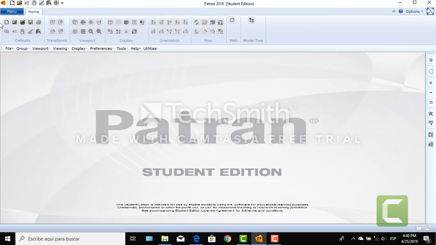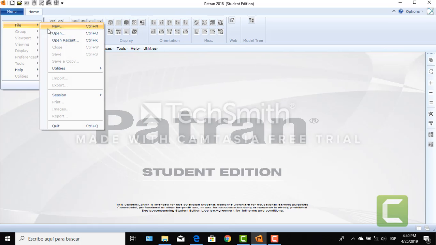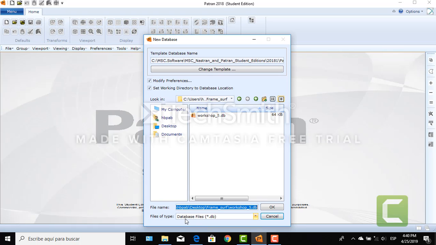Once we've closed it, we go to menu, and we're gonna create a new working space. Okay, and so once we are here to open a new database, we're gonna do the exact same steps. So we're gonna go to our folder, we're gonna open it, and we're gonna erase all of that it's here, and we're gonna call this whatever we want to. So it can be workshop underscore part 4, or maybe part 2. I'll just leave it at workshop underscore part, and we're gonna click on OK,